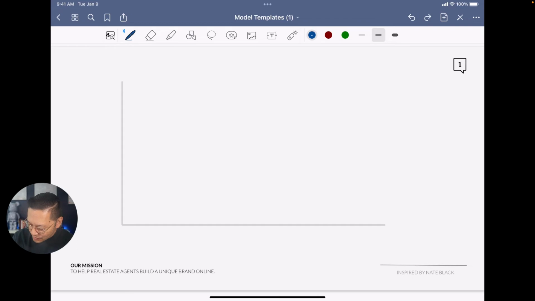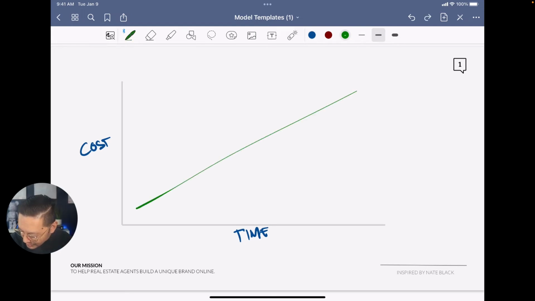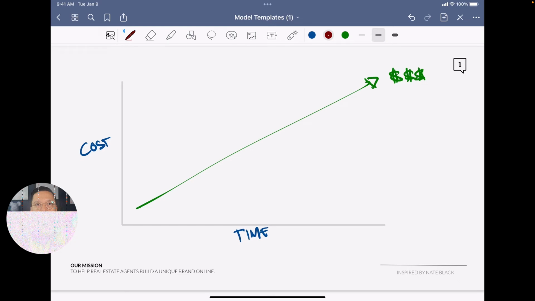Let's say on this x-axis we have time, and on this y-axis we have cost. And then we're going to create a line going up and to the right, and this indicates sales, right? So if you're looking for transactions right now, you have to accept that you're going to end up having to pay a higher price for them, because simply put, they're lower in the funnel, and when they're lower in the funnel, there is higher intent. But if you can increase your time horizon to maybe over here as opposed to over here, you will be able to scale a lot easier in the long run.